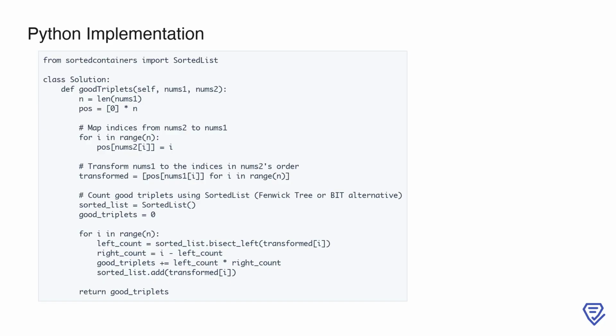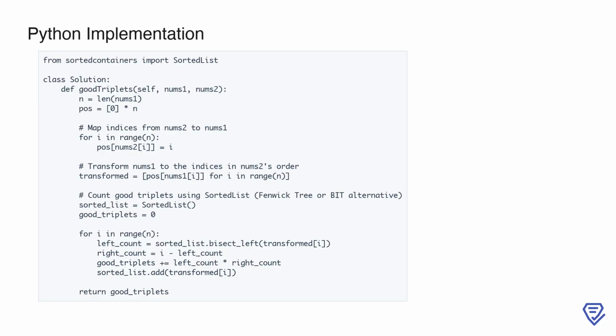2. Transforming nums1. Using the POS array, we create a new array, transformed, where each element of nums1 is replaced by its corresponding index in nums2. This is crucial because it converts the problem into a numerical sequence analysis. 3. Counting good triplets. The SortedList from the sortedcontainers module is used to maintain a dynamic sorted order of elements seen so far. For each element in transformed, we compute